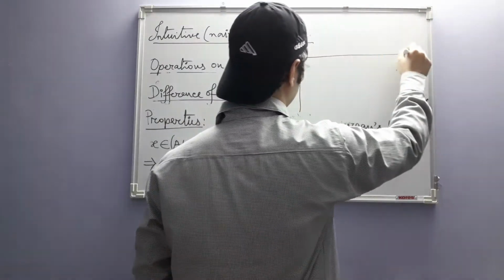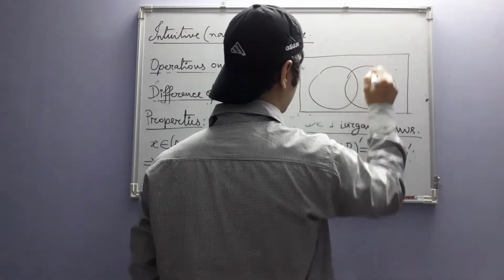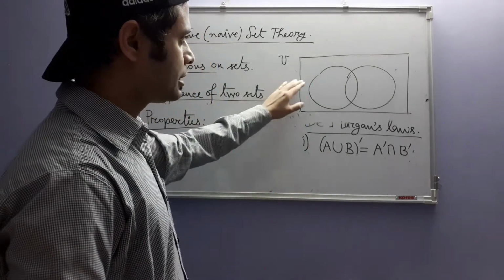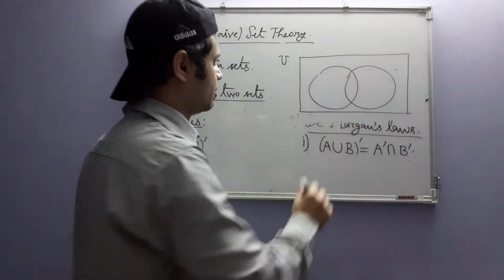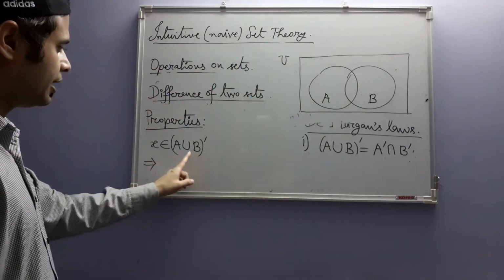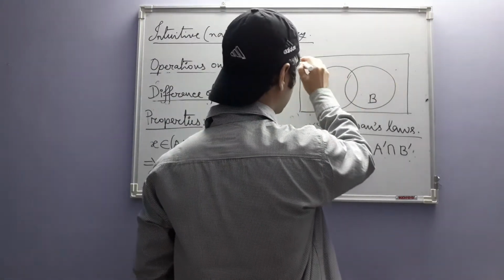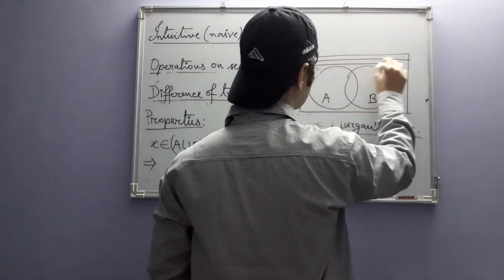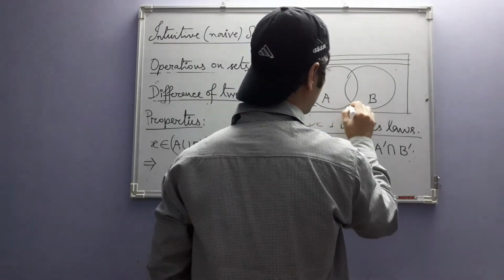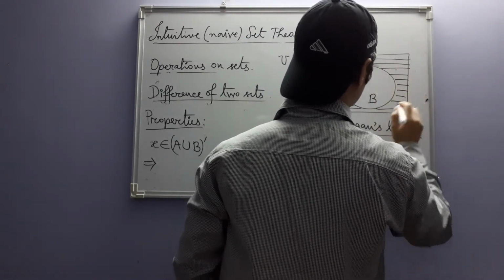You can draw the Venn diagram, so this will make the thing much clearer. This is U. As we have already discussed, the universal set is drawn as a rectangle. This is A, this is B. So x belongs to A union B complement. That means x is here. A union B is this whole thing. A union B complement is this. That is,